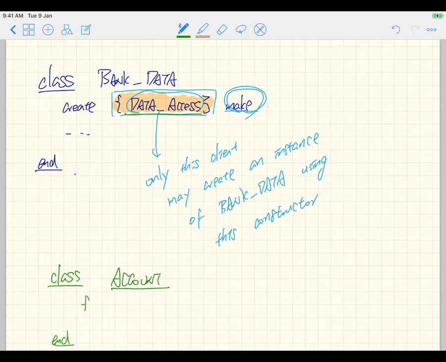Let's say I simply have some feature f and do an end. Let me just put a local. I have a local variable, let's say simply bank data. Now let's try to create an instance of bank data. If I say create bd.make,